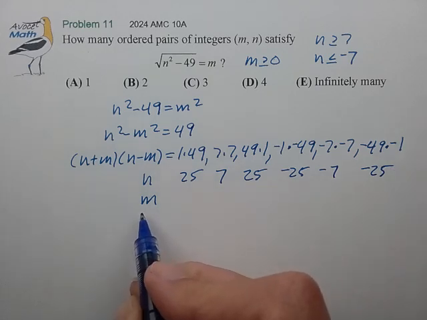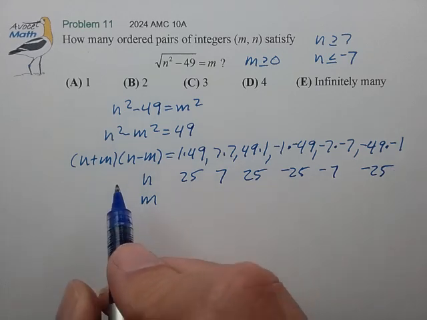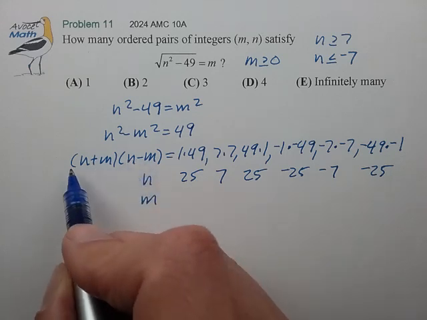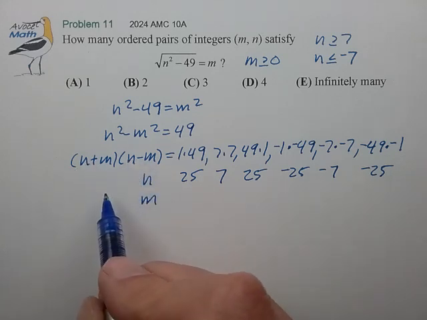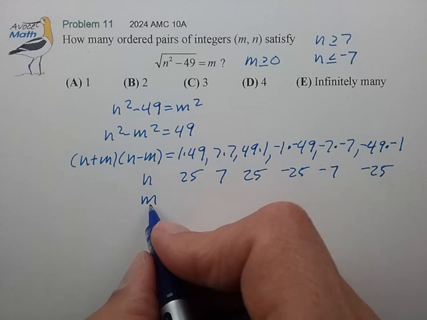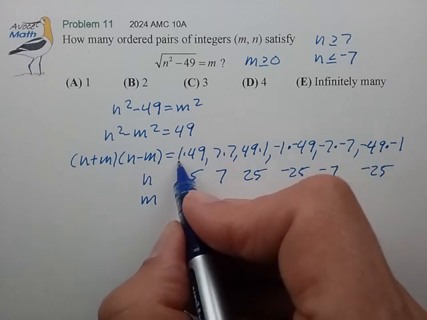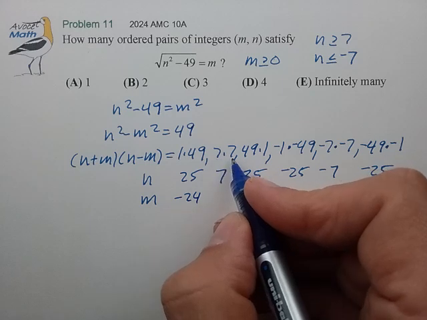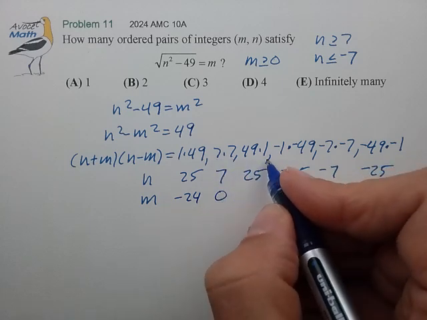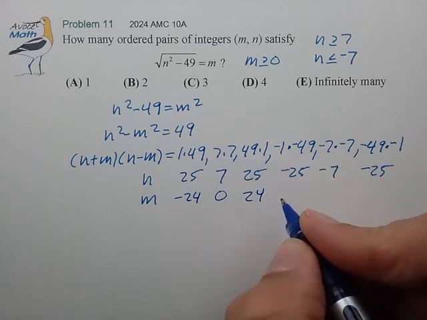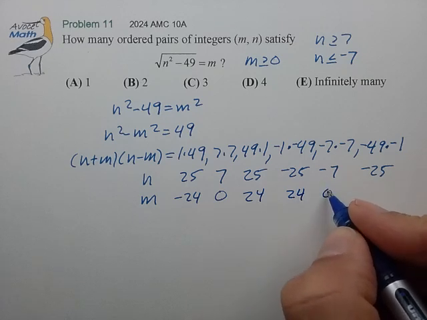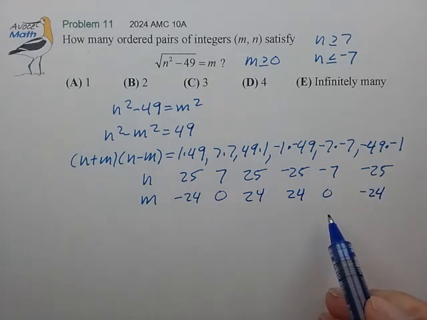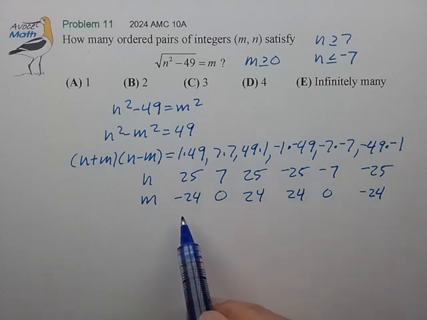Now to extract the variable value for m, we can take the first factor and subtract the second factor to cancel the n, and then divide by 2. And so the m value for the first factor pair would be 1 minus 49 divided by 2, 7 minus 7 divided by 2, 49 minus 1 divided by 2, and so on. Great, so we have 6 ordered pairs in total,